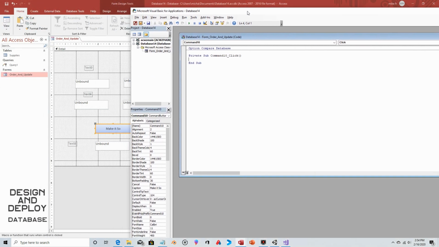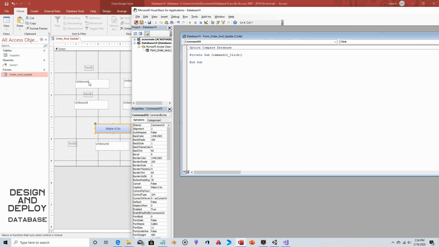And so what we're going to do is, as we said, this value needs to be put into here. So me dot, that refers to the object the script is attached to. It's attached to the form. Well, technically it's attached to the button, but the button is attached to the form. So me dot